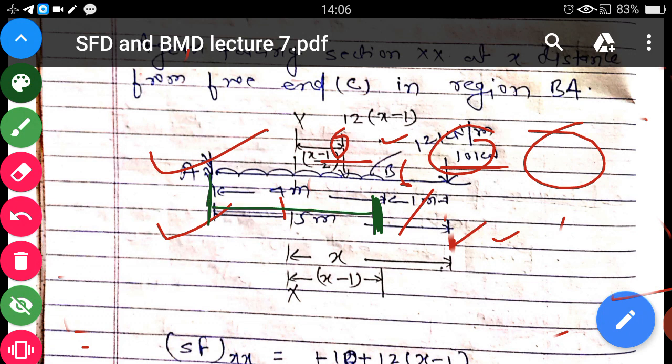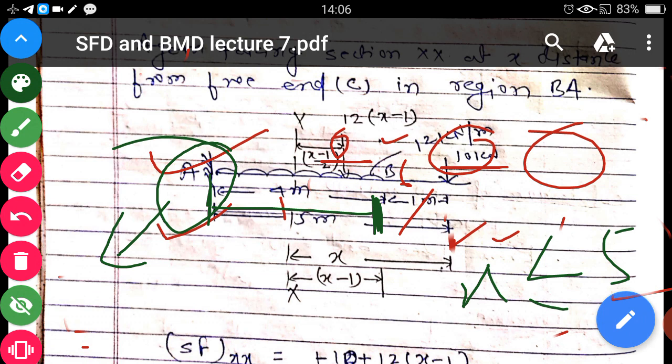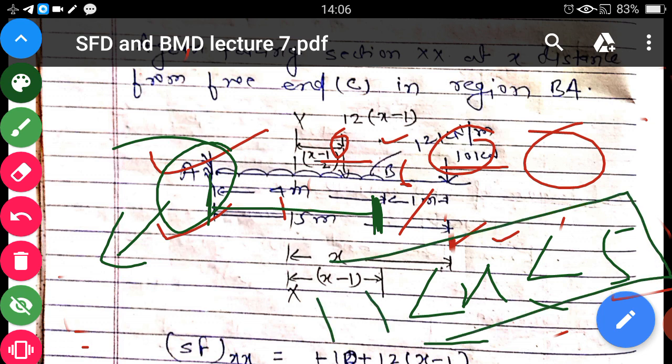Okay, because here there are no forces, that's why here x less than or equal to 5. If there is any other force at region A, in that case only we write x less than 5, not equal to 5. But here there's no force there, we can write x less than or equal to 5 and greater than or equal to 1. The region is that. In that case we determine the shear force and bending moment in region BA at points B and A.